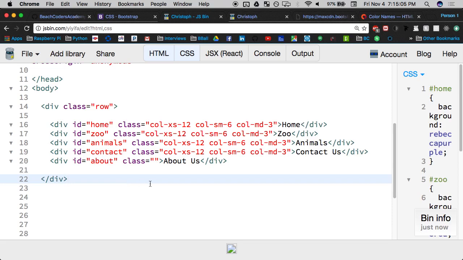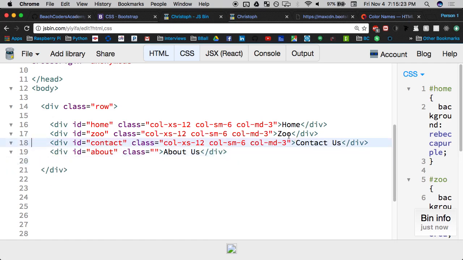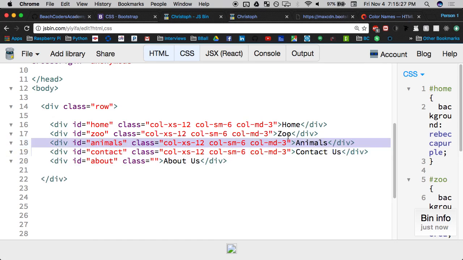So if you have 5 buttons, then you are going to have to figure it out, essentially. So how do you want to do it? Because 5 doesn't go nicely into 12. So what I end up doing is I put the About Us inside of the contact page. I just take out the one I don't really care about. Like the animals, you could put that inside of the zoo page and say, check out these animals, right? So that's really what I would do. But if you really wanted to display it, then